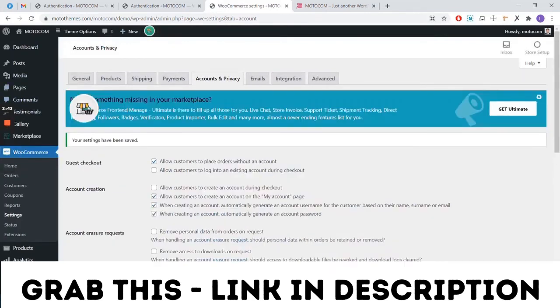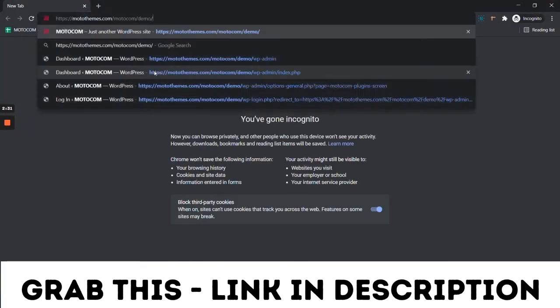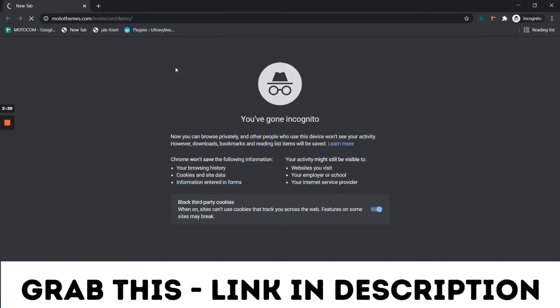After saving the changes, we need to show how the vendor will register from the account. So we will open separately theme in a separate window.